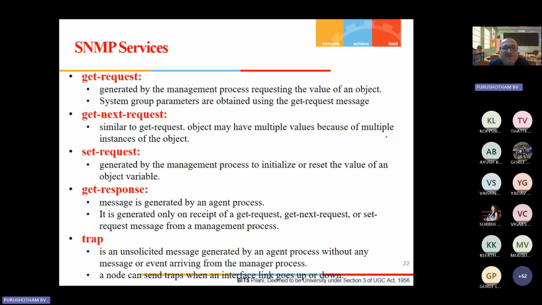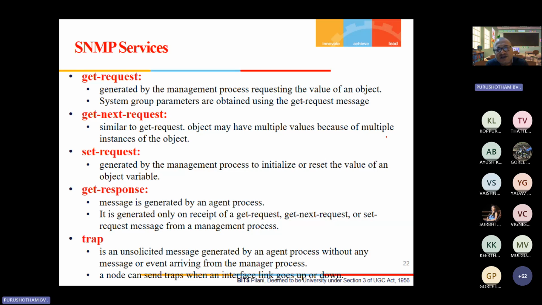Get request is generated by the management process requesting the value of an object. System group parameters are obtained using the get request message. Get next request is similar to the get request. It might have multiple values because of multiple instances of the object.